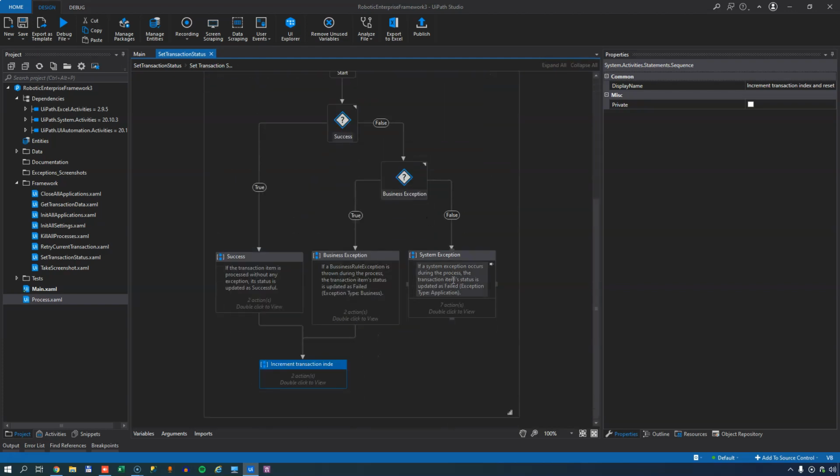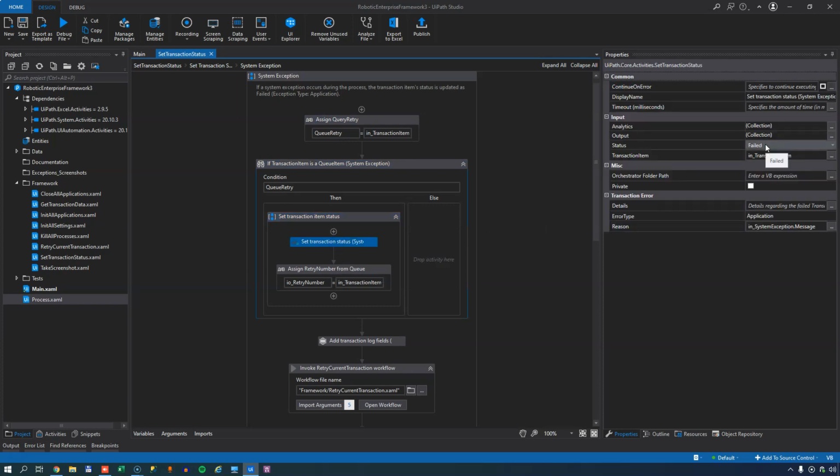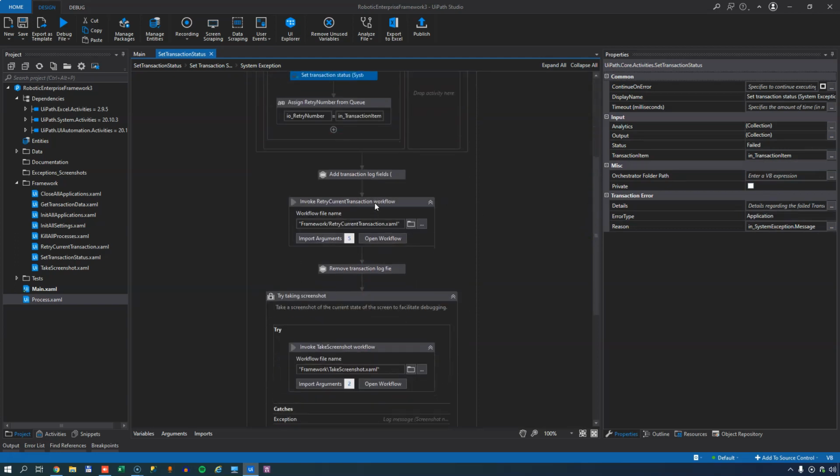Again, if we zoom out and go into this system exception block, here we will check whether or not the transaction item is nothing and whether or not it is in fact a queue item. If it is a queue item and if it is not nothing, then we move into this if statement here that just evaluates the variable that we set up here. And then we will set the transaction status to be failed, and we will also set it to be of an application error type. We will then move on, add a couple of log fields, and we'll call this retry